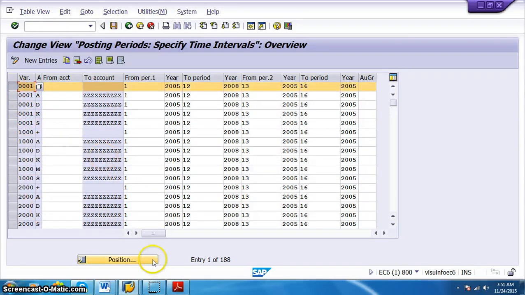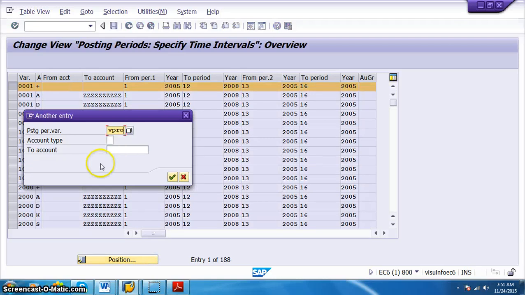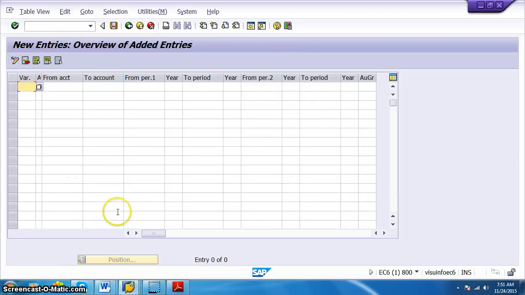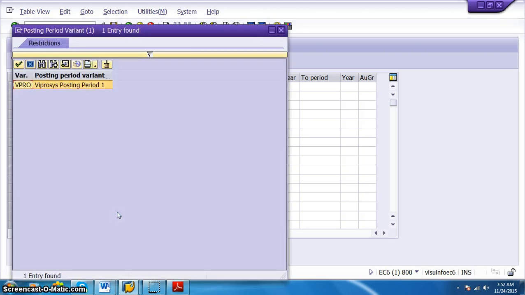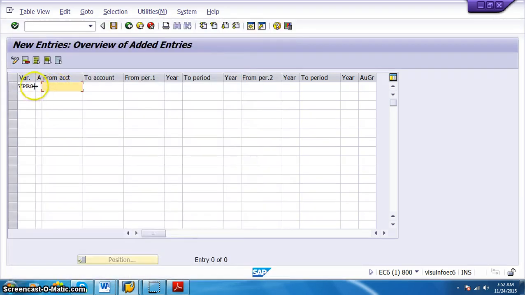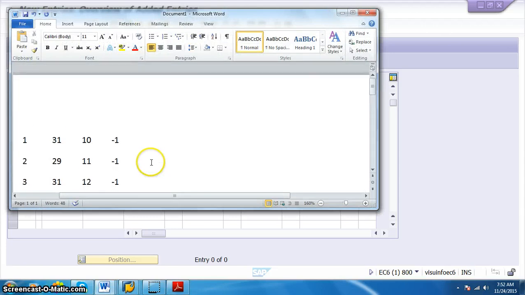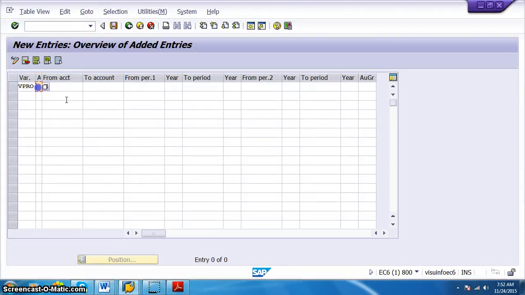So just copy position VPRO. So we have new entries. VPRO is the one here, and for this I'm giving it as plus, because it'll be applicable to all the accounts.